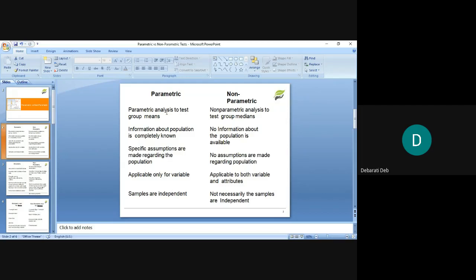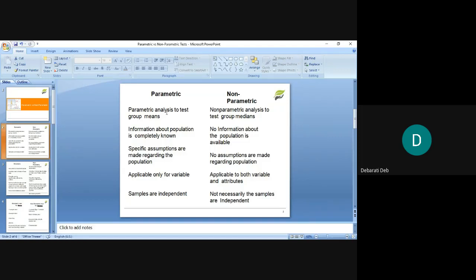So what is happening over here is you have complete information about the population, isn't it? Your population is the Siliguri people who are selling electronic goods, and you can collect information about this population. So if this is the case, then a parametric test is applicable. When you come to non-parametric, you will have no information about the population.